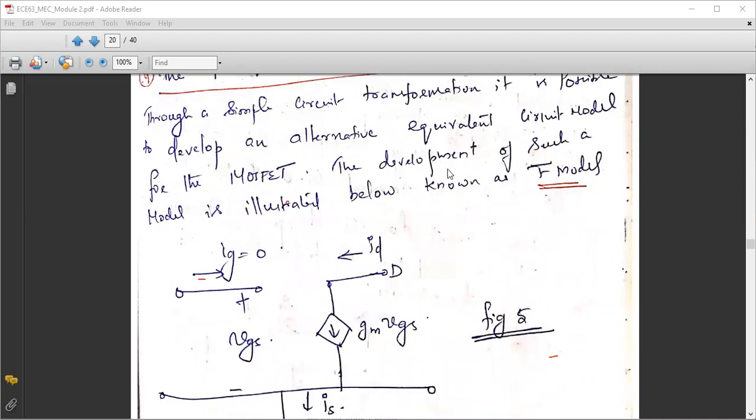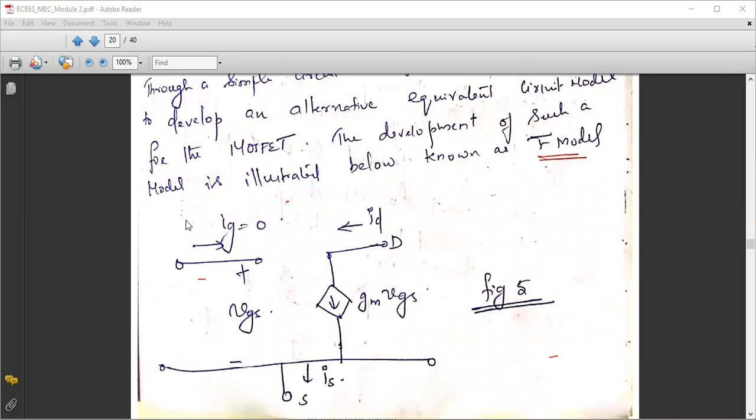To develop this T equivalent model, let us first draw the equivalent circuit that we have drawn basically. From the main common source conceptual diagram, we have drawn this equivalent diagram. This is already known to you. So this is your first figure to develop the T model. All of you can draw this first step. Step number 1: to develop the T model, first you have to start with this diagram. Any doubts you can ask.